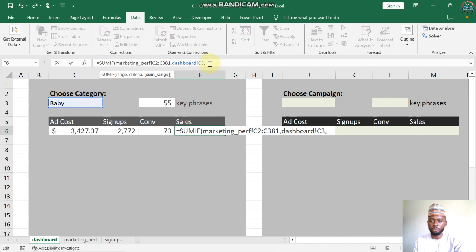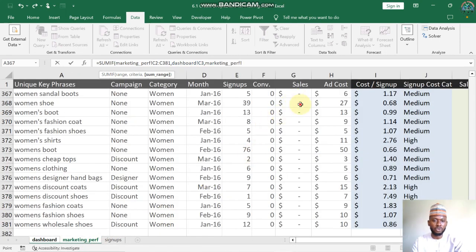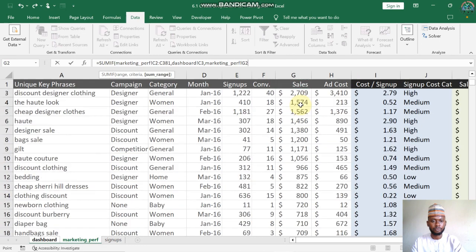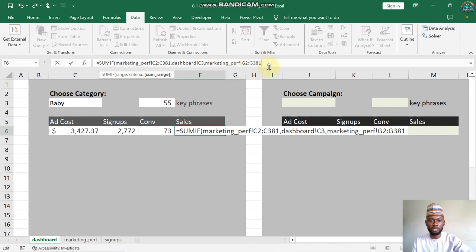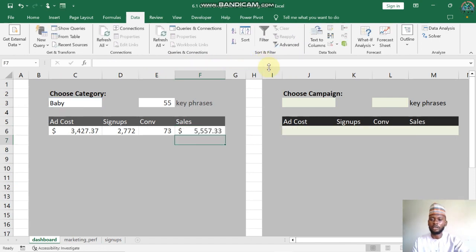Then we have to select the sum range for the sales. Now we go back to the marketing performance table, then we go to the sales column. Then you select everything that's there. Then you close the bracket. Then we hit enter. So now the total number of sales for the baby category is about